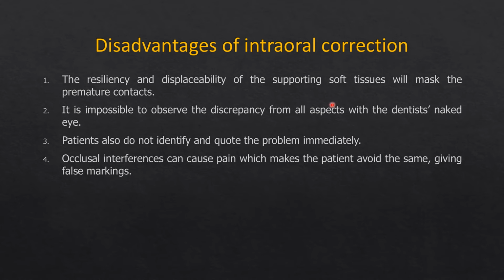So what are the disadvantages of intraoral correction? See, the intraoral correction is a very straightforward, simple and quick step that can be done then and there at chairside. But because of the resiliency and displacement of the supporting tissue, that is the soft tissue under the denture, some premature contacts may not be visible at that time. And of course, it is not possible to observe all the discrepancies throughout the arch because of the poor visibility in the patient's mouth, the presence of saliva,